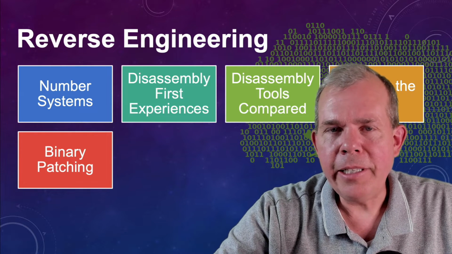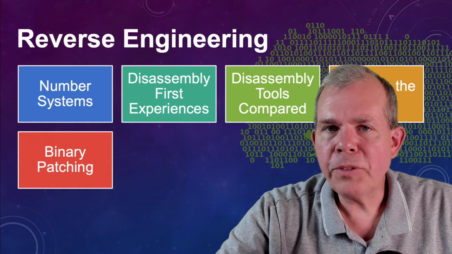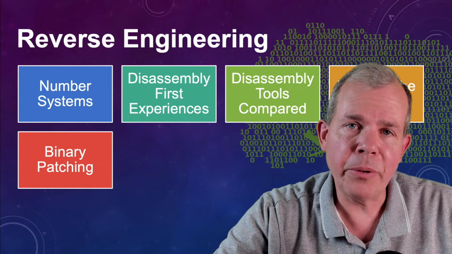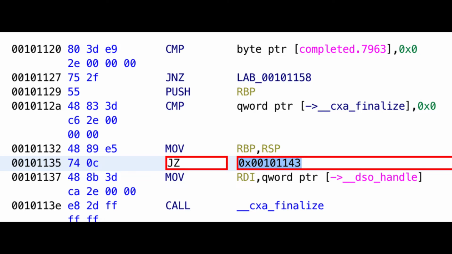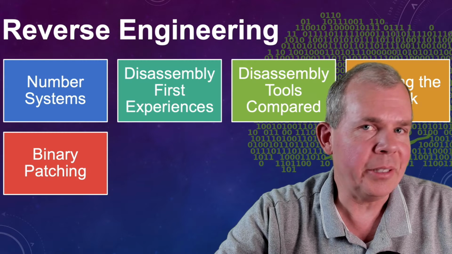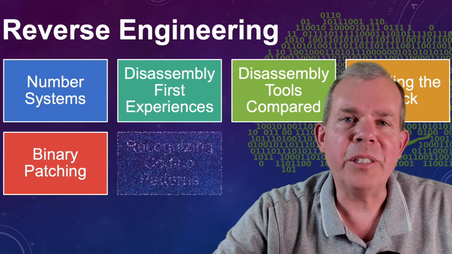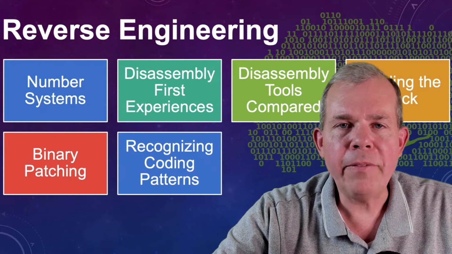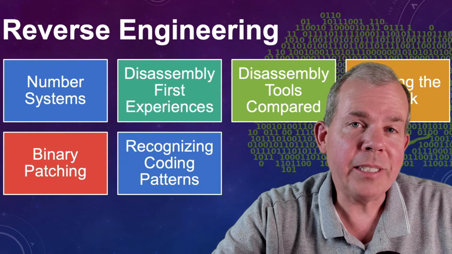Binary patching is about taking a piece of software and modifying it, even if you don't have the source code. And so you can patch things to fix errors or to maybe bypass a certain feature like a login screen or a registration screen. Recognizing code patterns will give you a more in-depth advanced feature of how you can see